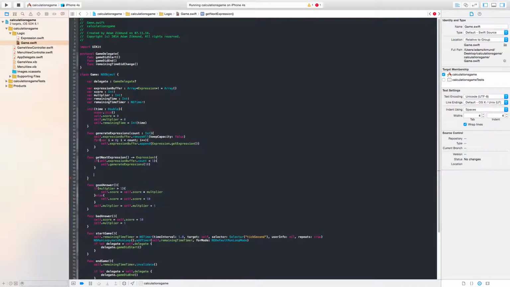Every time I get an empty buffer, I will call generate some other 10 expressions, and this function will generate new expressions to my buffer, and if I get new expressions in my buffer, so it is not empty,